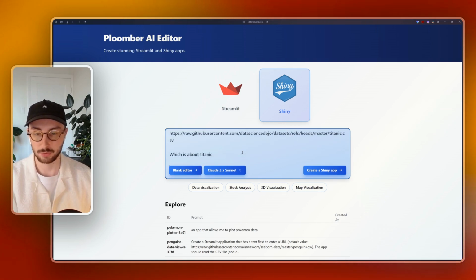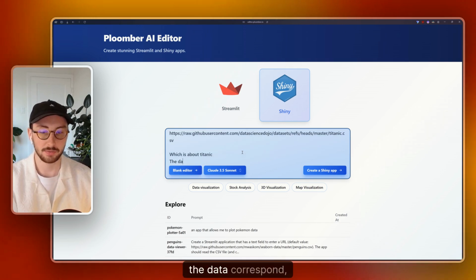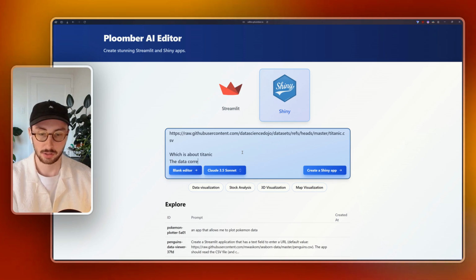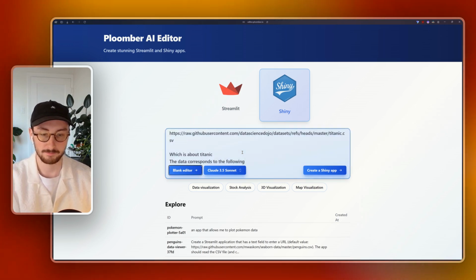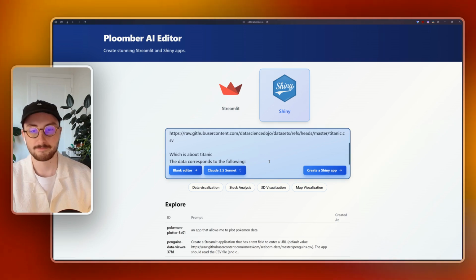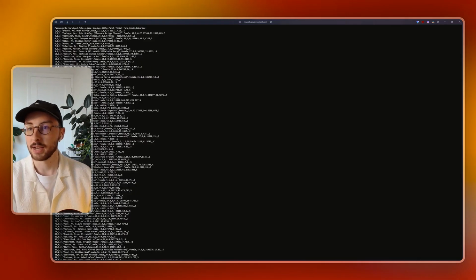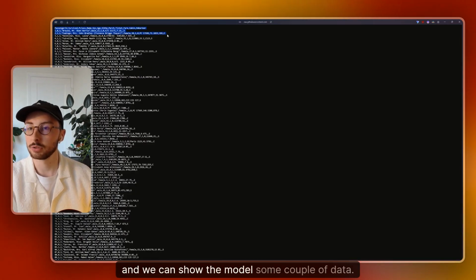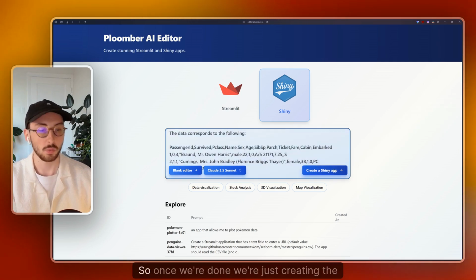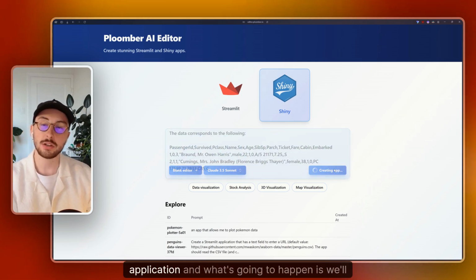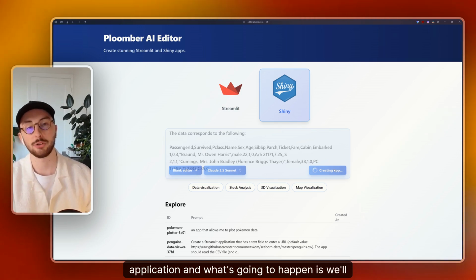Perfect, and the data corresponds to the following. And we can show the model a couple of rows of data. So perfect. Once we're done, we're just creating the application, and what's going to happen is we'll just create